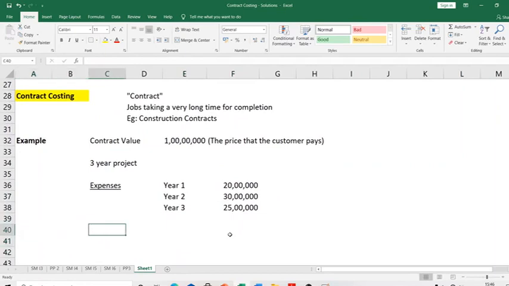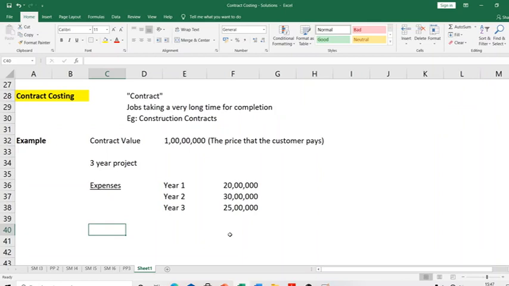Traditionally, if I should follow the traditional system of accounting, when will I recognize revenue? I will recognize revenue when my job is done, right? When you're selling a product, when will you recognize revenue? When the product is handed over to the customer. In other words, if you technically go as per accounting standard, when the risk and reward gets transferred to the buyer, at that time you will recognize revenue.